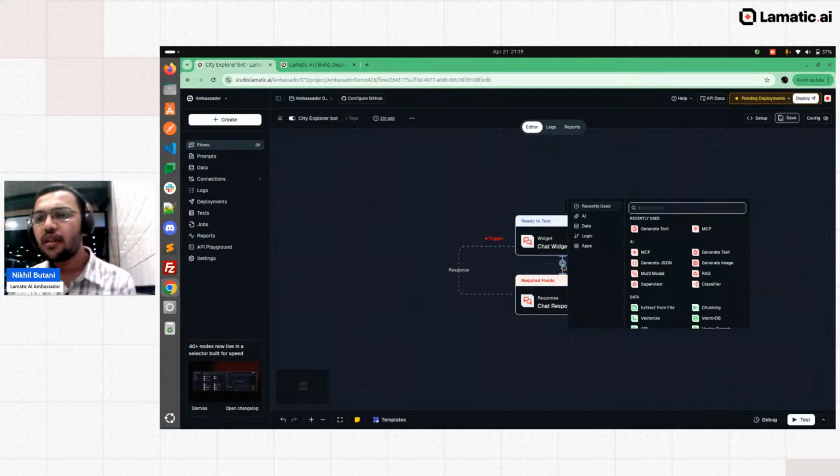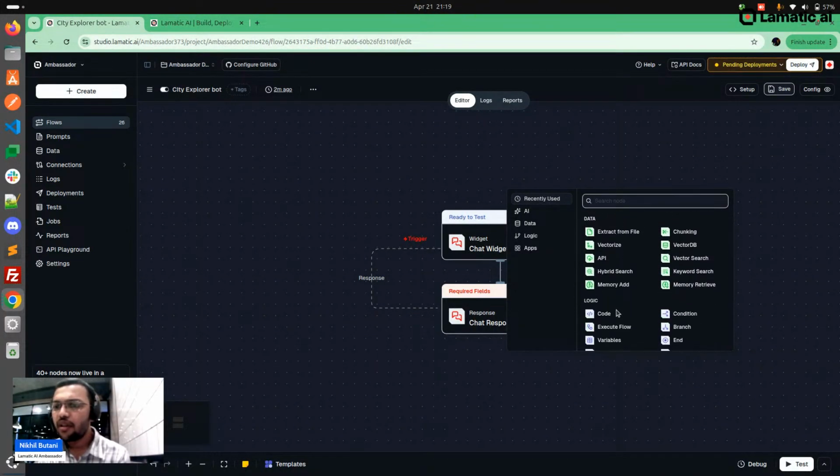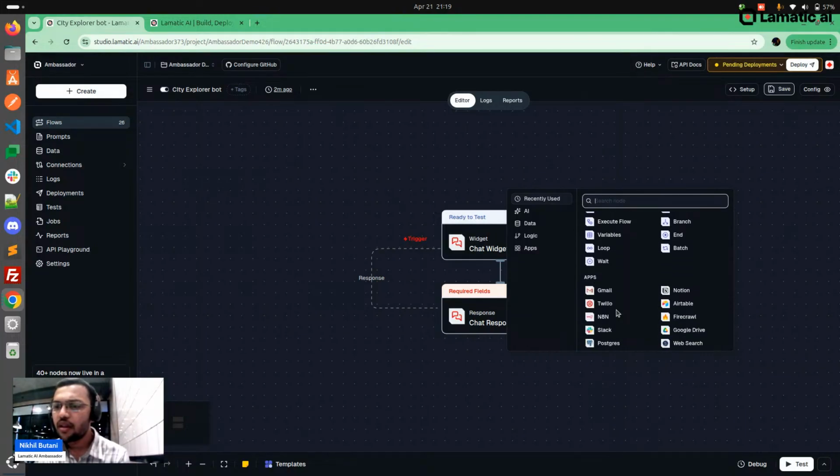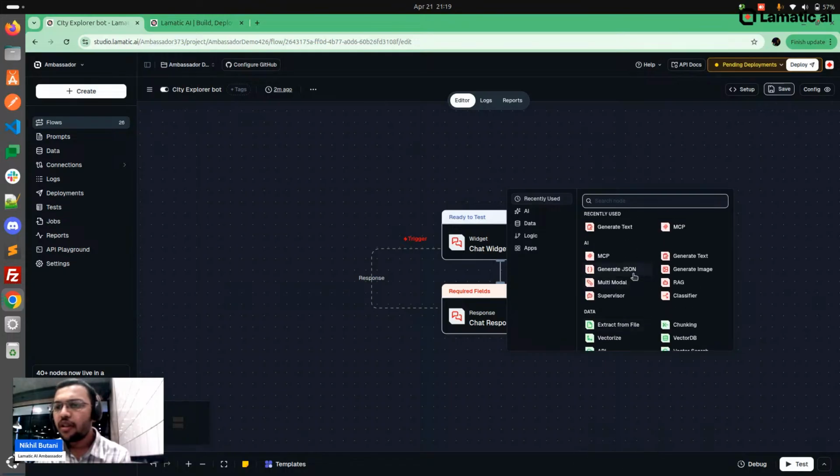For that, here I just click on the plus icon. So you can see there is generate text, MCP, and many others, like you can generate JSON and image, right? So here all the things are available, as well as data, logic, apps, right? Everything is available in Lamatic.